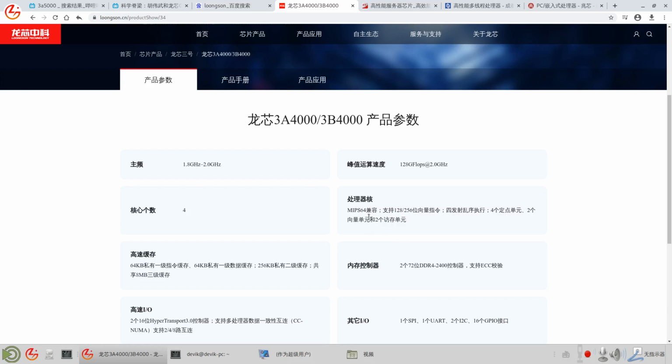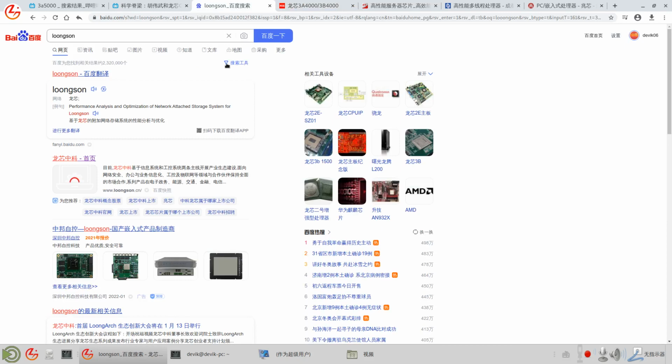But they called it LoongISA, an instruction set compatible with MIPS. So they didn't claim it as MIPS. They claim it as LoongISA compatible with MIPS.